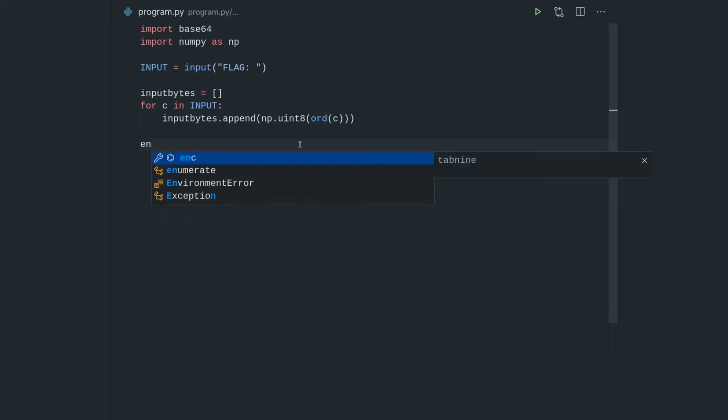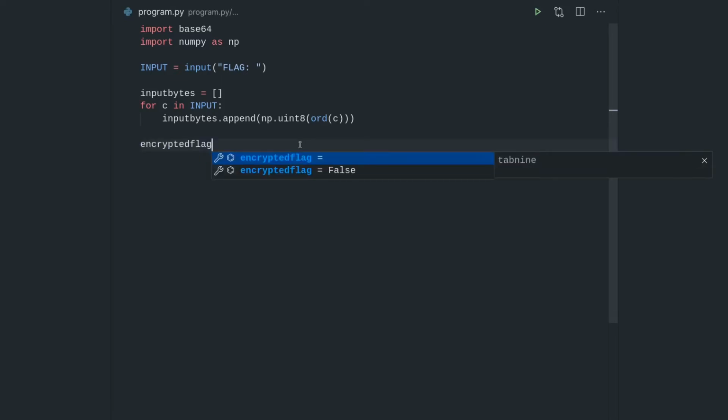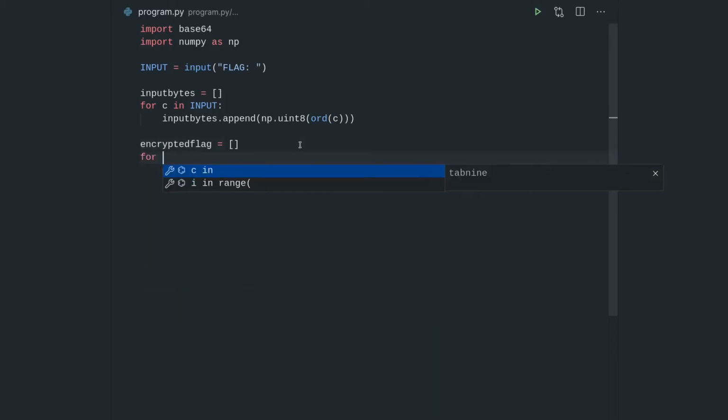So printing our encrypted flag. We can do for byte in input bytes, we just do encrypted flag dot append